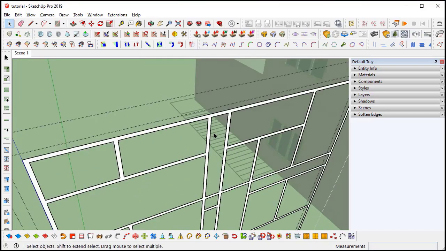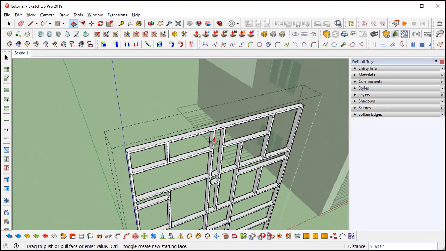After cleaning all the edges, finally we got the internal face. I am just push pulling it.